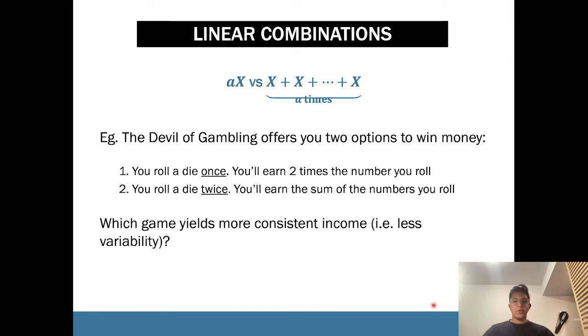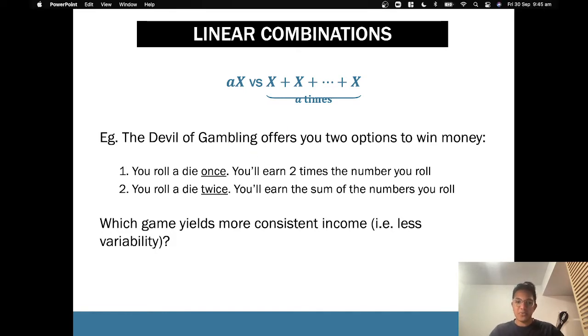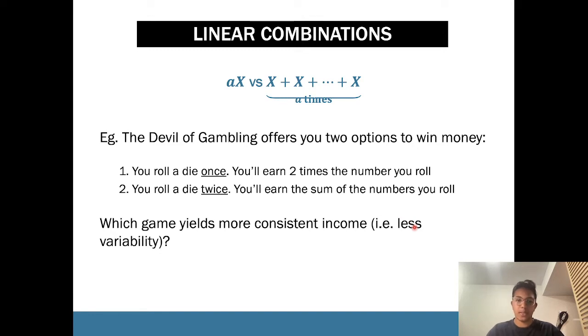All right. So when we talk about linear combinations, I think we can go through it with a pretty cool example. The devil of gambling offers you two options to win money. Option 1, you roll a die once, and you'll earn 2 times the number you roll. For example, if you roll your die once and you get 6, you're going to double it and you'll get 12. Option 2 is you roll a die twice and you'll earn the sum of